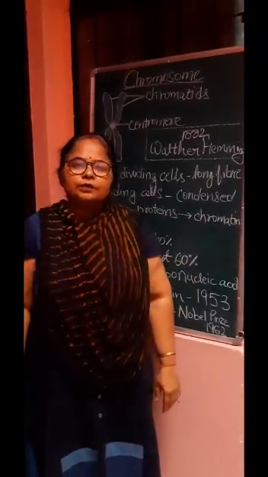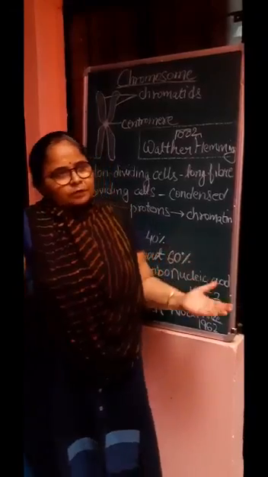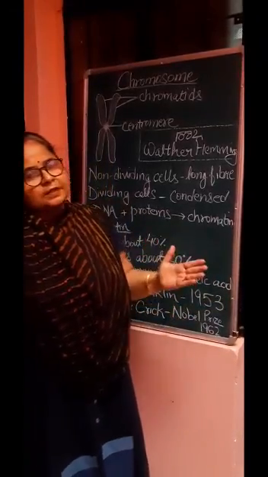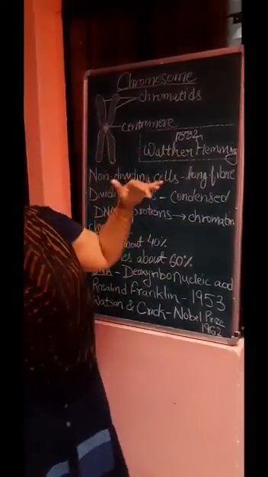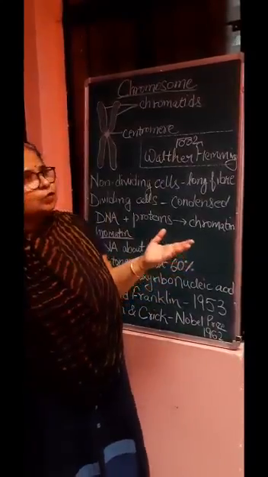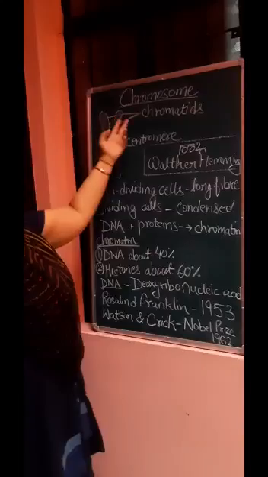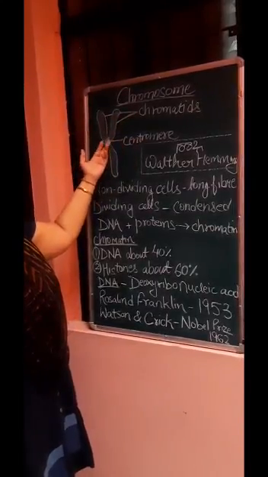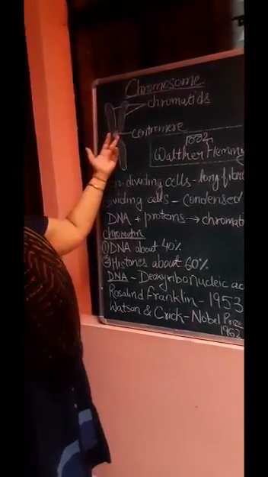Children, today we are going to study about chromosomes. In your chapter of cell division, you cannot study cell division until and unless you know about the chromosomes, because basically the whole process of cell division involves chromosomes. A chromosome consists of two chromatid fibers which are attached to each other by a circular structure called the centromere.